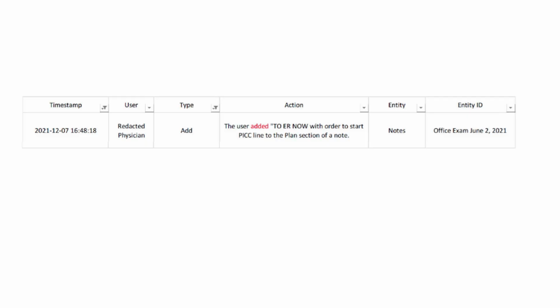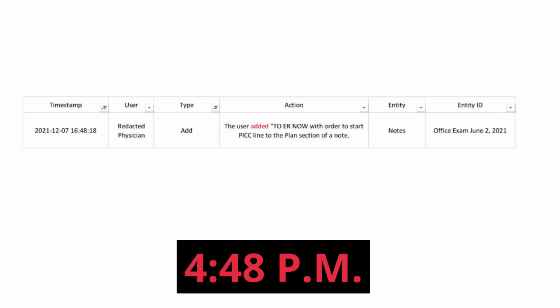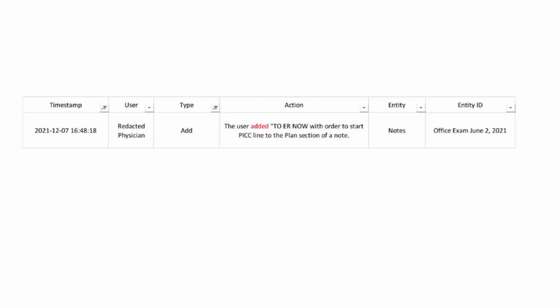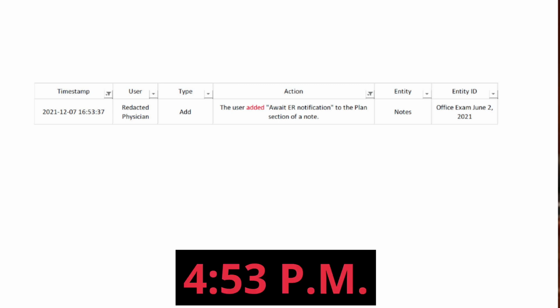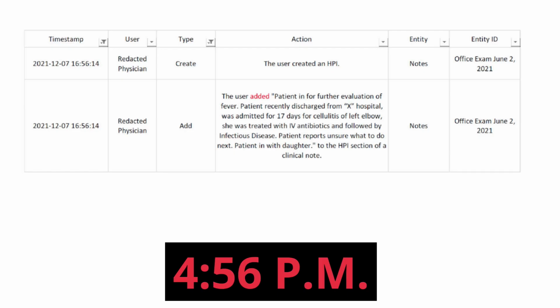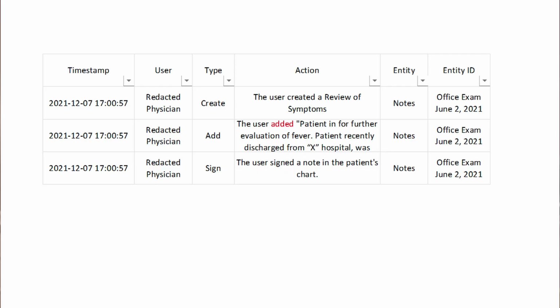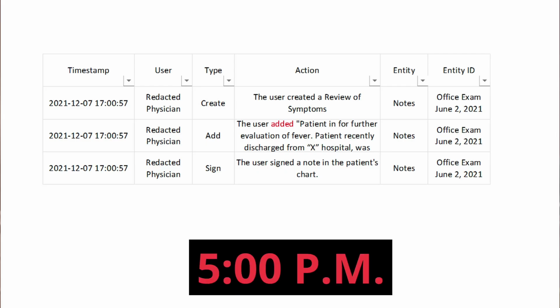At 4:48 p.m., the words "to ER now with order to start PICC line" were added to the existing plan portion of the exam note. At 4:53 p.m., the words "await ER notification" were added to the existing plan portion of the exam note. At 4:56 p.m., the HPI portion of the note was created for the first time and added to the note. At 5 p.m., the review of systems portion of the note was created for the first time, and then the